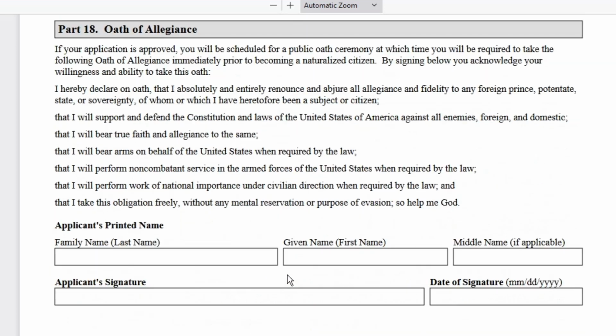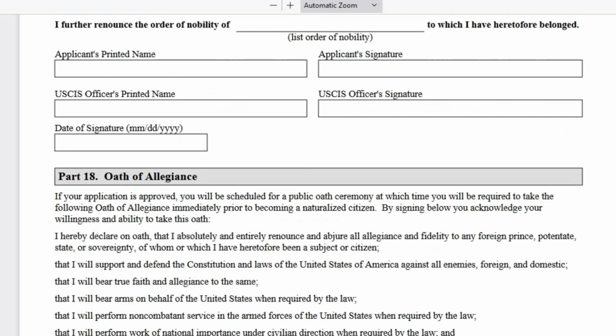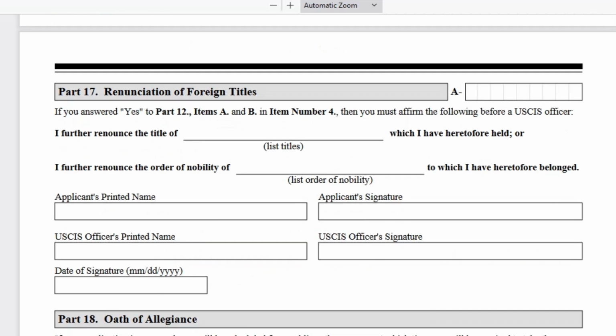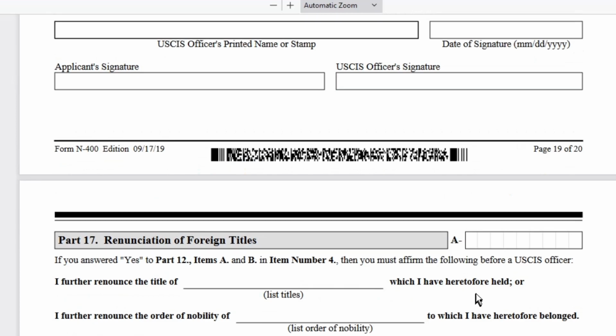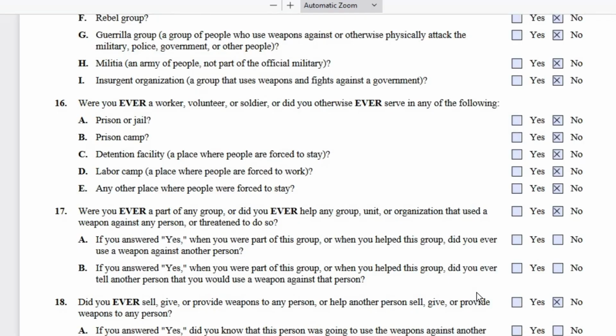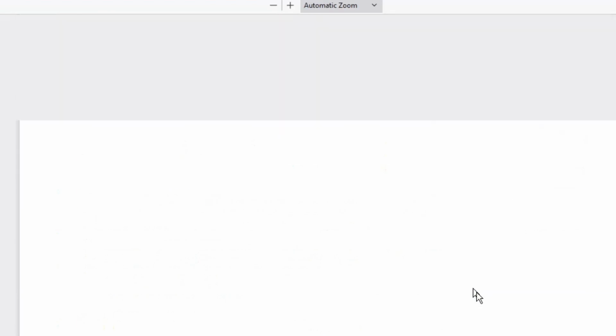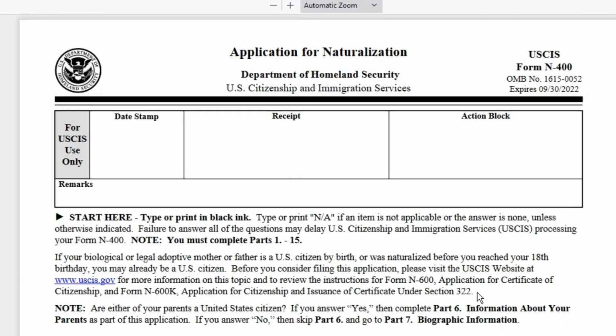And usually they make you sign in front of them there. So you're going to sign this probably in front of the officer. Sometimes they let you sign before, but usually it's in front of the officer. And that's it. You do that, you pay the fees, and you submit it. There's an address and the instructions. Do that, and that's it. You'll be done. And if you need any help, feel free to reach out to us,